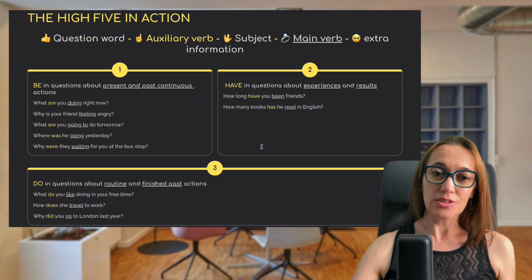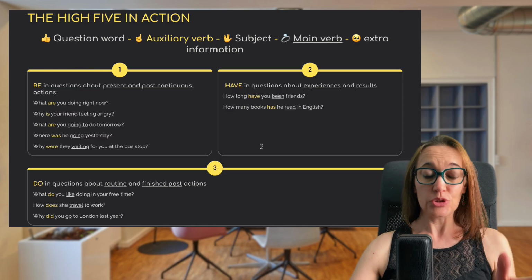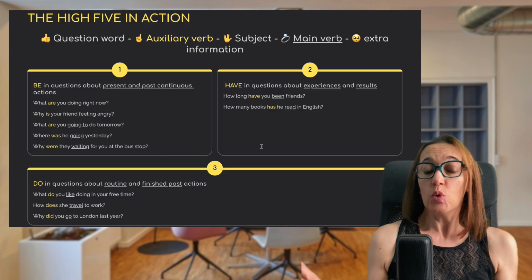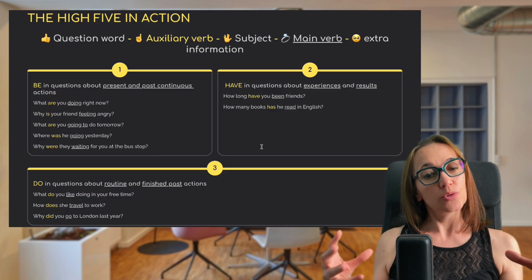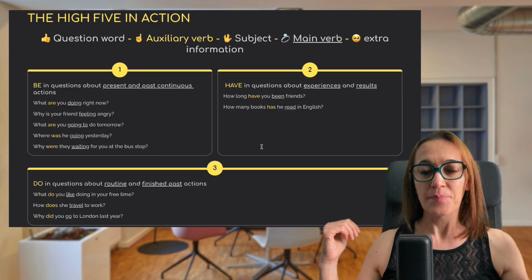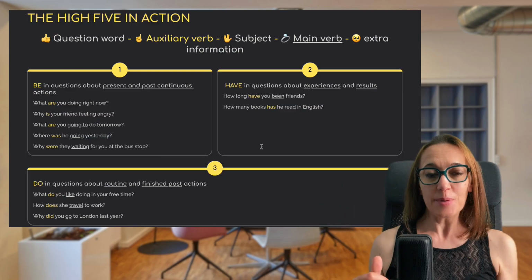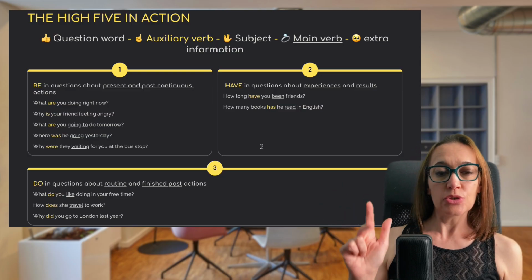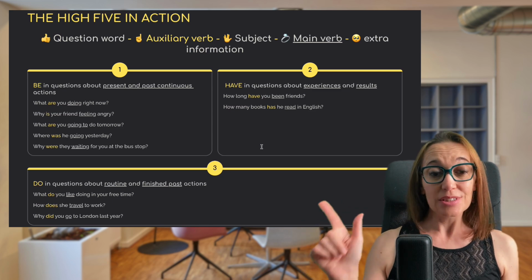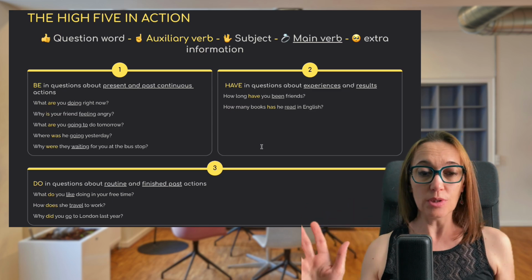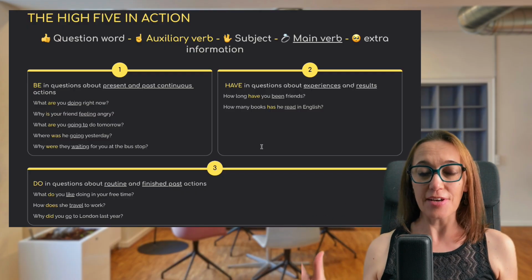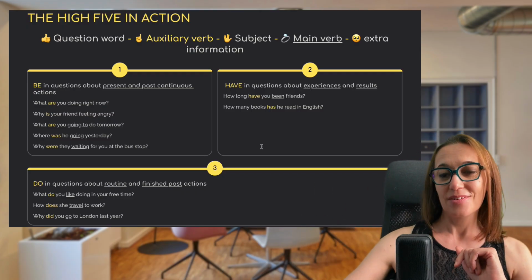And then we've got the forms of the verb to do, again, as the helpers: do, does, or did, to talk about our routine or about finished past actions at a specific time. For instance, what do you like doing in your free time? How does she travel to work? Why did you go to London last year? And we've got